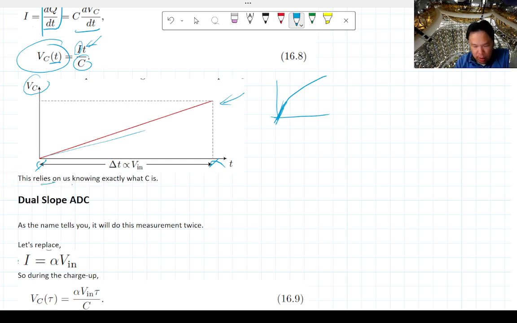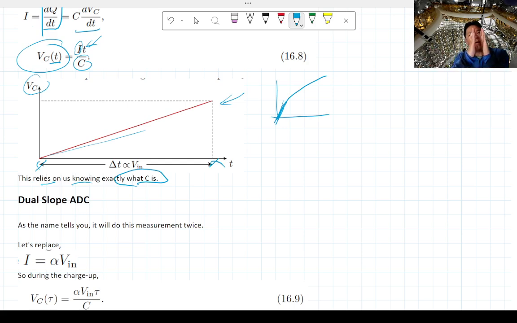But this relies on us knowing exactly what the capacitance value is. So if your capacitor is off by 10%, then your measurement is going to be off by 10%. Let's say you design your circuit thinking that it's going to run at 10 Celsius in a pretty cool room, but then someone brings it into the sun, and now it's like 30 Celsius or even 40 Celsius in Turlock. Then it's going to run hotter,